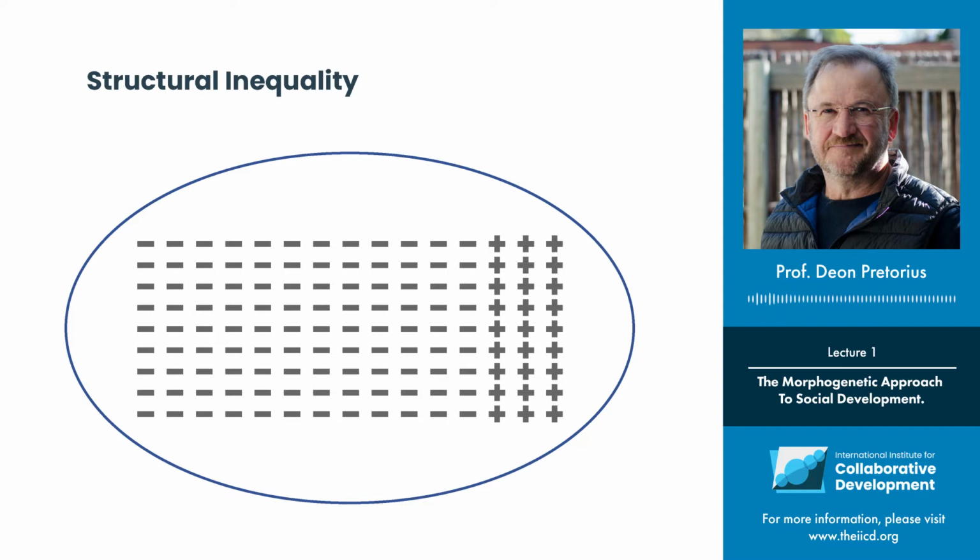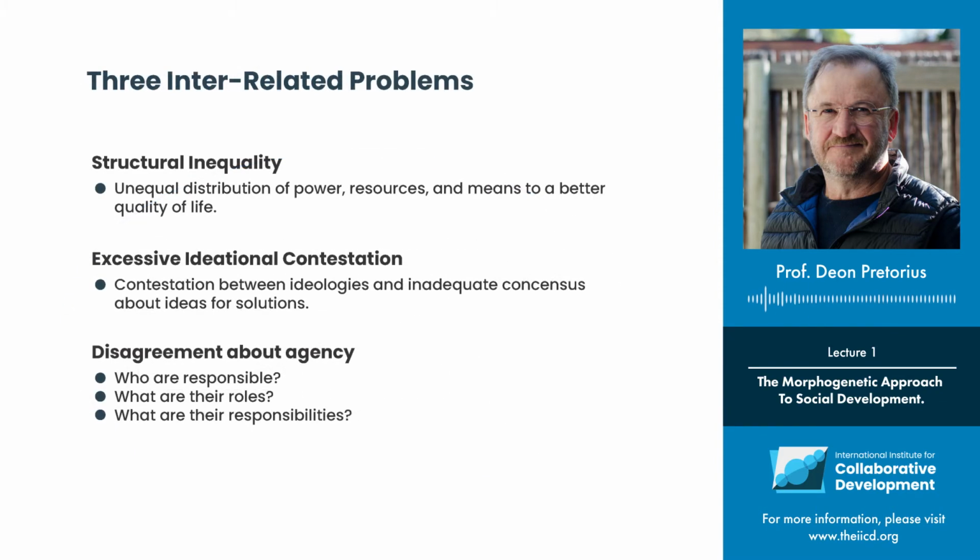One needs to also point out, when you talk about inequality in a country like South Africa, that this is not just an ideological statement or a matter of guesswork. We have various forms of statistics and empirical evidence that show and measure the nature and extent of inequality. One amongst those is the Gini quotient, which is used internationally to measure distribution of wealth in a society. And in this regard, the gap between the rich and the poor in South Africa is consistently found to be the greatest amongst all countries that are measured for the Gini quotient. So that's the first problem, structural inequality.